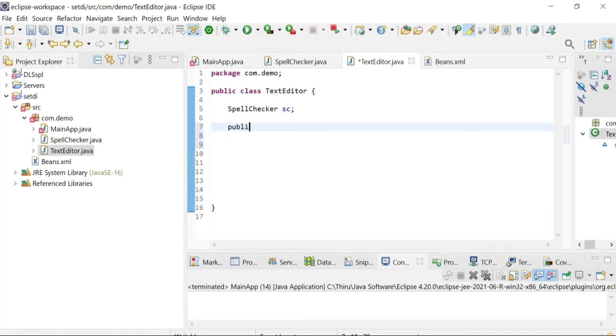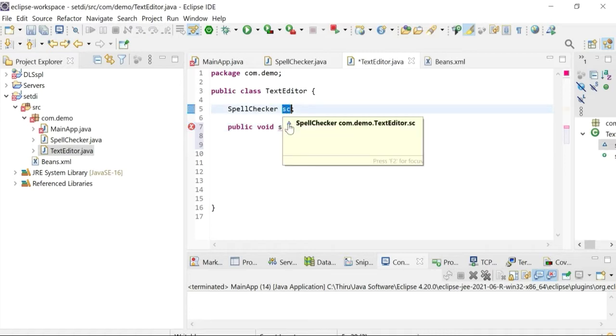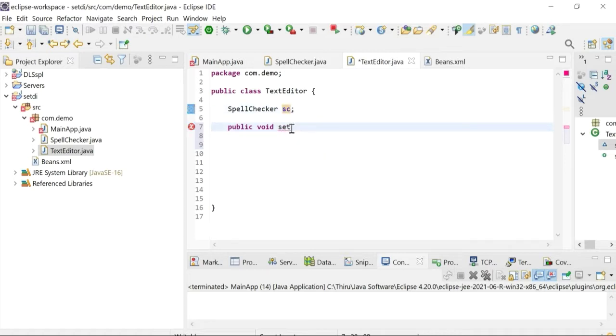In the previous session I explained how to create setter and getter methods for the class variables. Now let me create it manually. So public void set, use the keyword set, and then the reference variable sc, but the first letter should be in caps, so setSc.